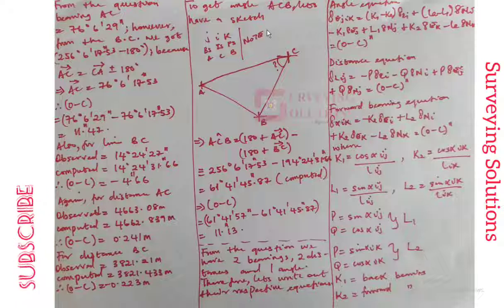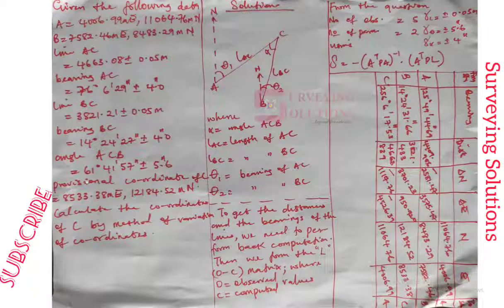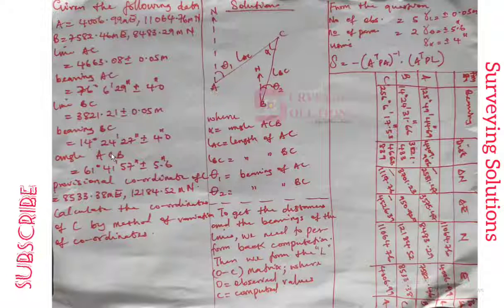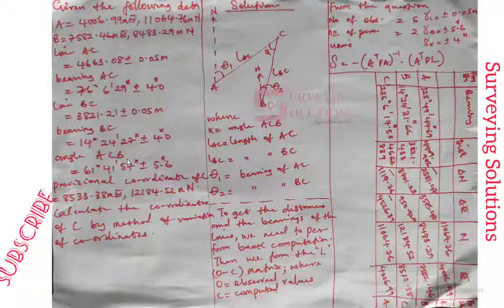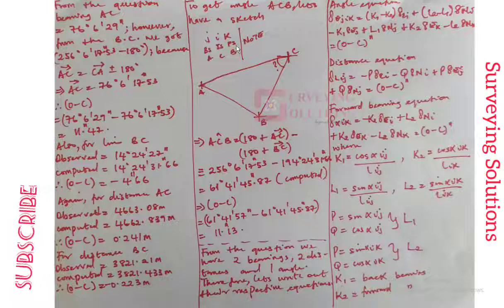Now we also need to get the angle. Remember from the question, as you can see, they gave us an angle ACB. From basic mathematics, when you have notations like this, the middle point is the observed station, then the first is your back station, and the third is your forward station. This is just basic mathematics, and we are going to apply it now. So that's why you can see this note here. We have ACB as denoted in the question. So we know that C is our instrument station, A is our backside, and